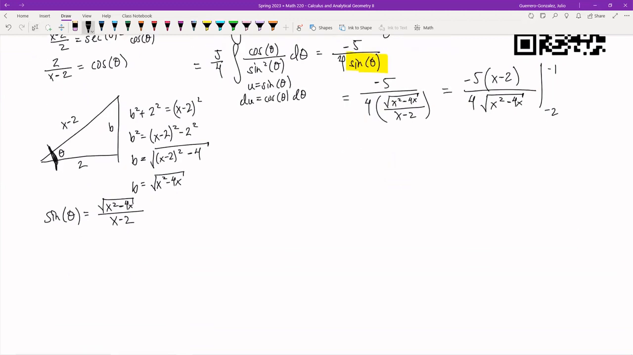Almost done. So it's going to be the top one minus the bottom one, right? So it's going to be minus 5, minus 1 minus 2, minus 1 minus 2, all over 4 times the square root of minus 1 squared minus 4 times minus 1, minus minus 5 minus 2 minus 2